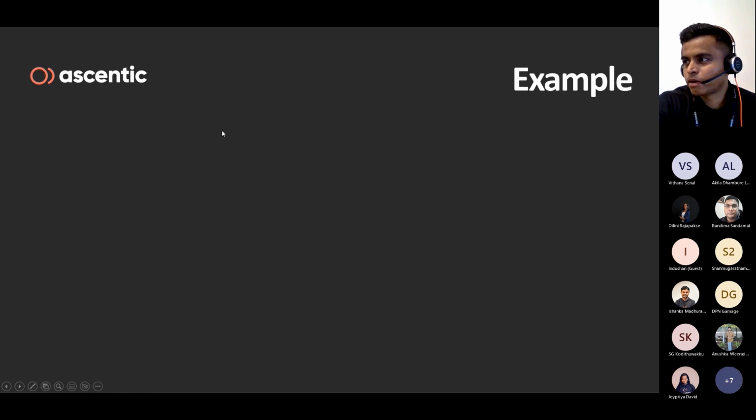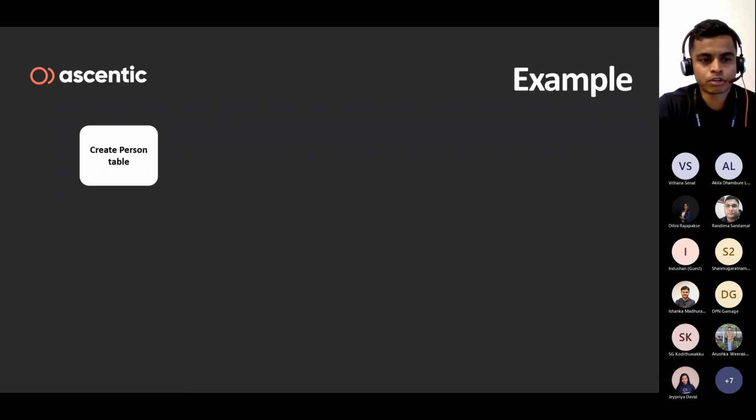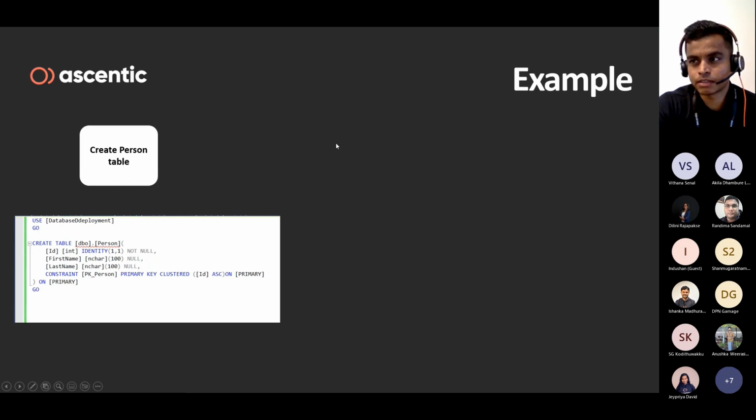But what could be an example of a patch script that we are talking about here? For example, if you want to create a table in your database, here I'm talking about a person table. If I want to create a table called person, then I need to come up with a script that creates a person table,